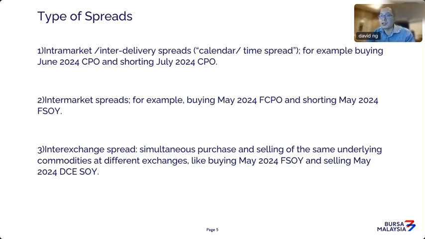FIPO, which is a contract that's based on an East Malaysia contract. Against there's also a price differential. So intermarkets are mainly related to different markets, or it could be different instruments. Now, again, if you are quite well versed with other markets, like if you're trading soybean oil and you're also trading CPO, then this intermarket spread may be something that's more relevant to you. But keep in mind, when you trade different instruments, the whole dynamics of a particular instrument can differ